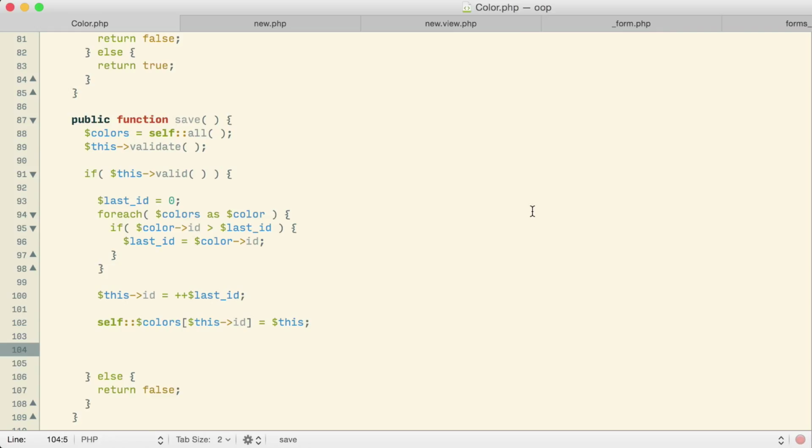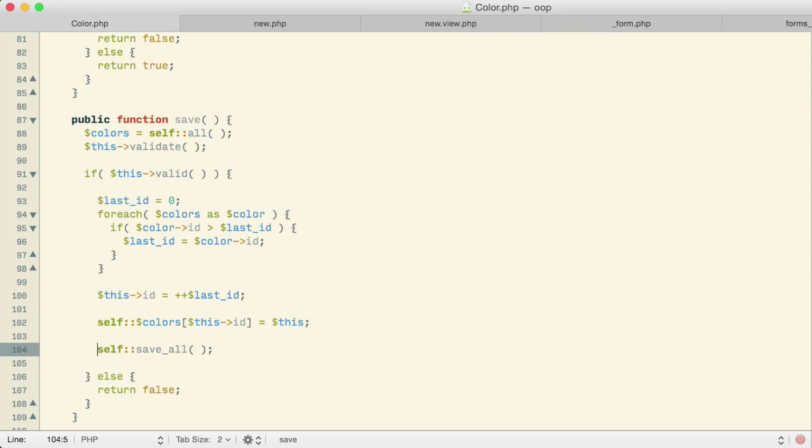The last thing to do then is that I want to take all of the colors, including this new color that was just added, and I want to save them all. So how about if I make a new function called save all? I'll make it a static function that should go through and save every color back to the file again. That's a new function that doesn't exist right now, so I'll have to go create it.